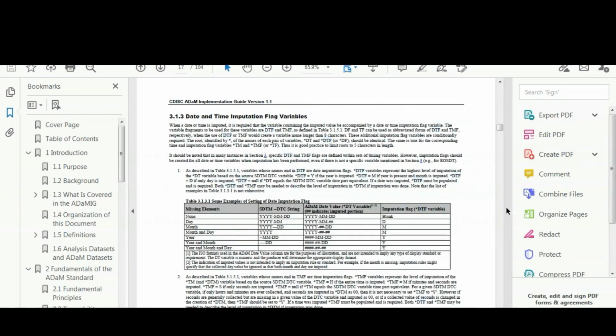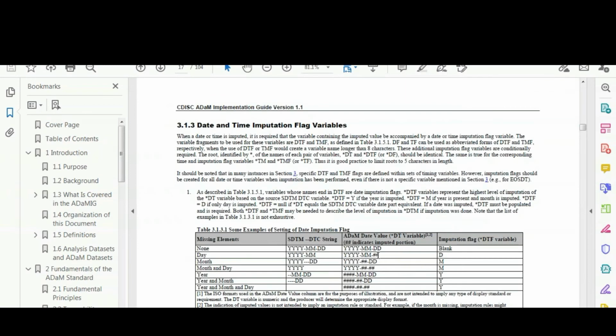So here you can see the rule. Whenever not replacing, blank. Whenever replacing the day part, D. Whenever replacing the month part, M. Whenever replacing the month as well as day, M. Only the year also Y. Complete also Y. So in these cases, D, M, Y are populated.